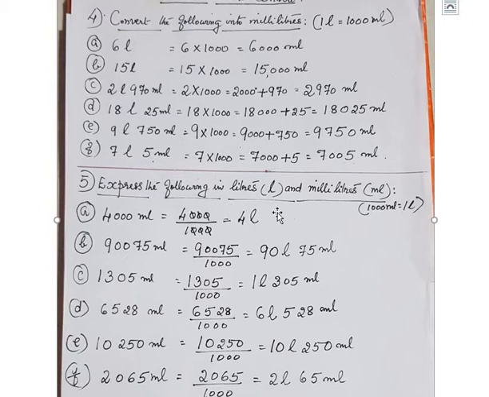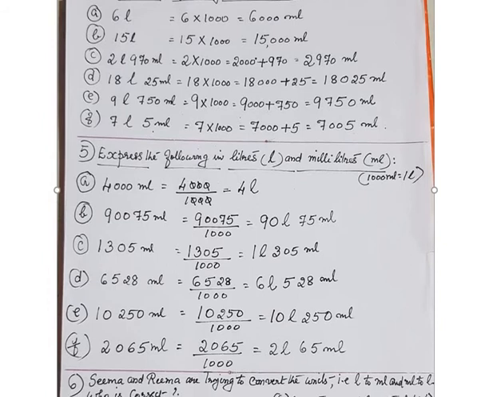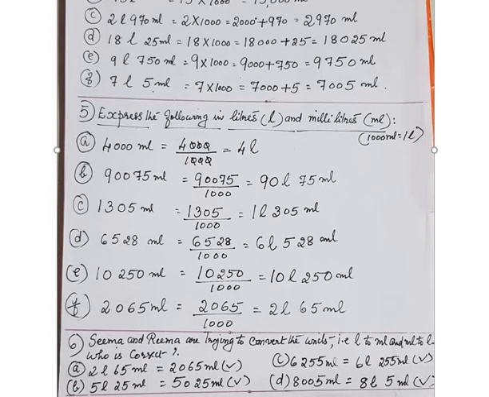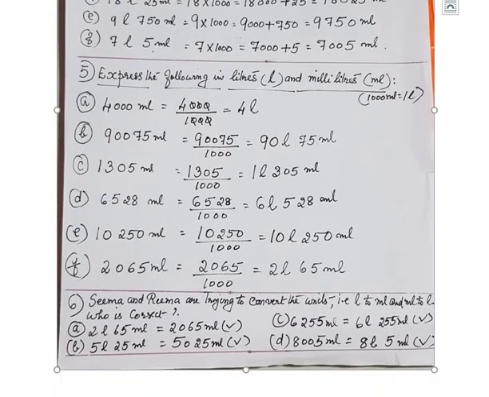In this case 000 milliliter will come, so there is no need of mentioning. Otherwise, all 3 decimal places we will remove for the milliliter and the remaining will be the liter. Now next question. In this part, look at the question given.